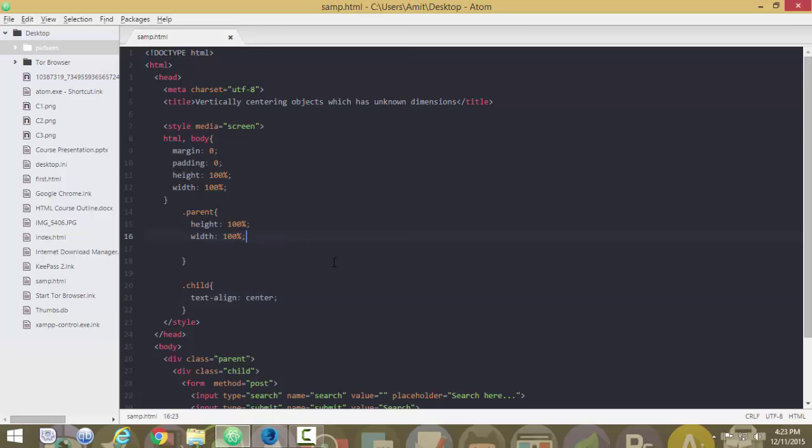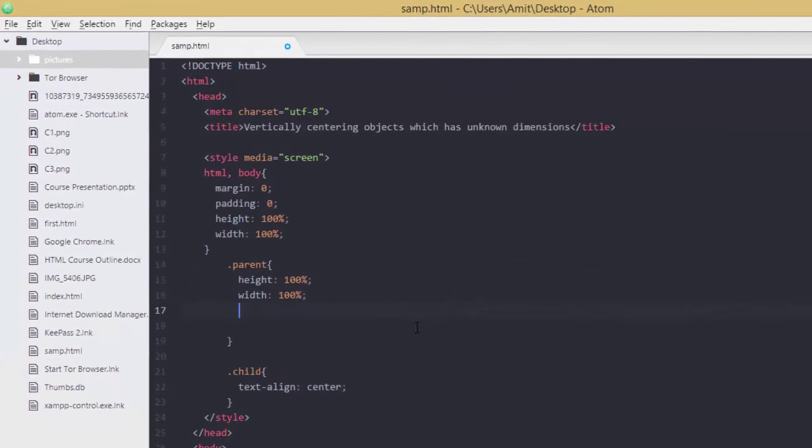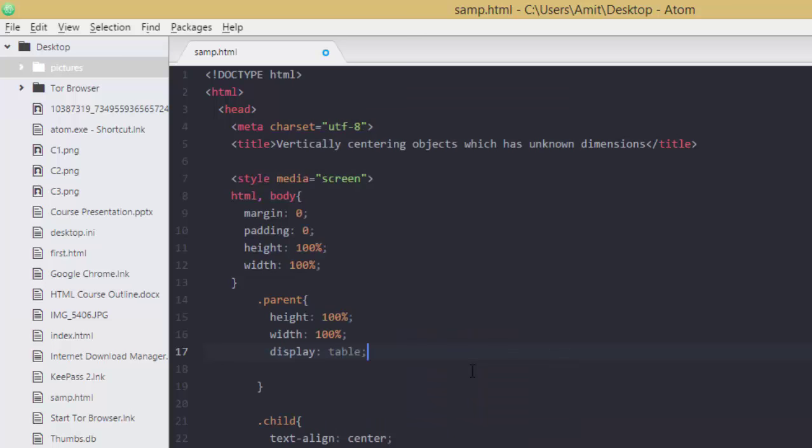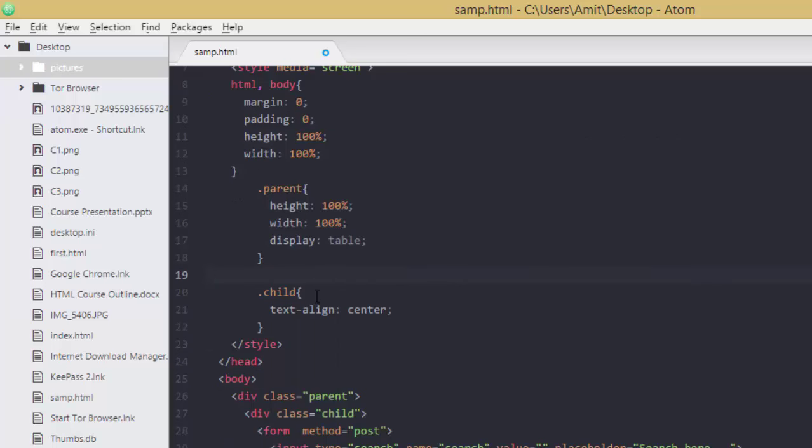I am going to write here a property called display and set its value to table. Okay, so this will set the display property of our parent element to table.